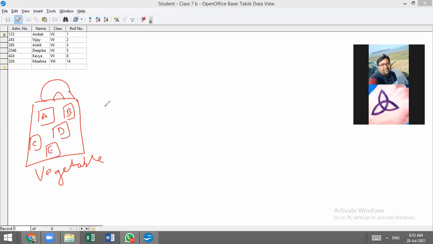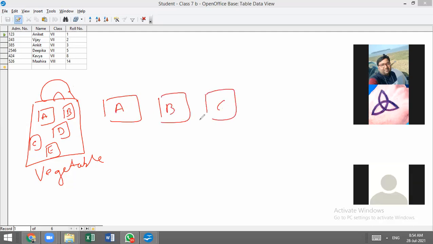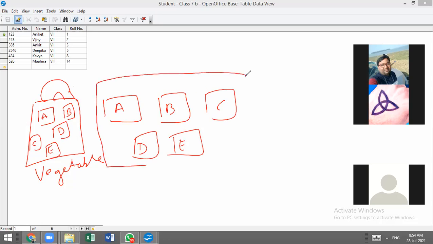When he reaches home, my mother used to bifurcate these vegetables in different packets. She has packet number A for vegetable A. This is for B, C, D, E. So this is known as actually filtering.